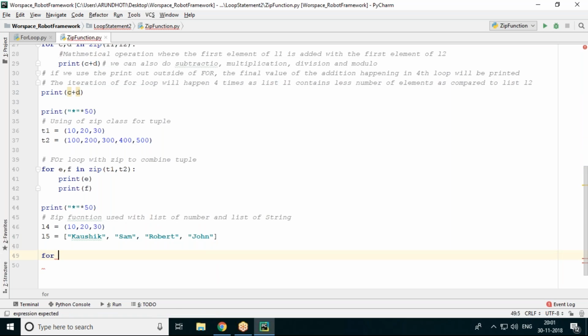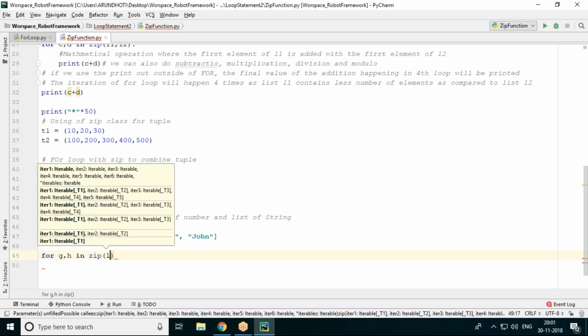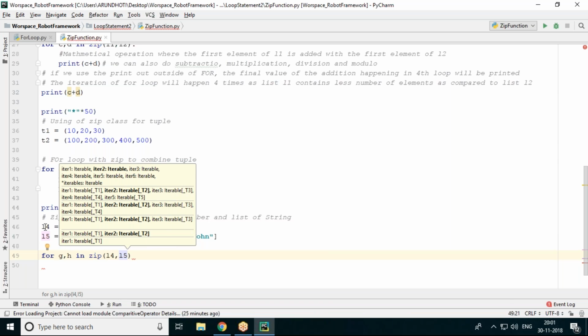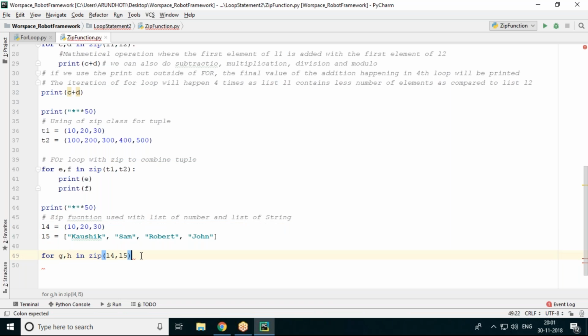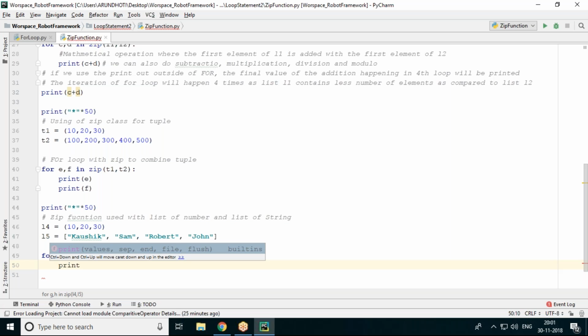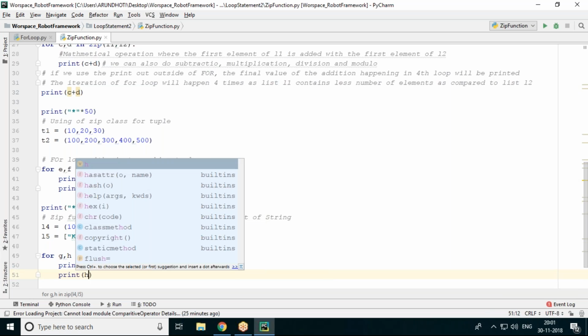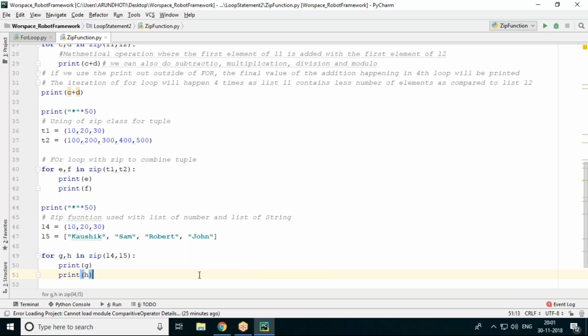So if I use for, let's say, G, H in the zip class, I can pass L4 comma L5. Now yes, you cannot do mathematical operations, but you can zip this out. So print G, H. If I run this,